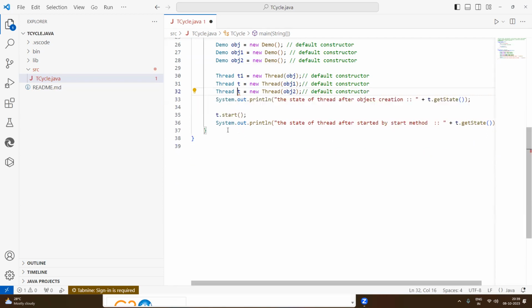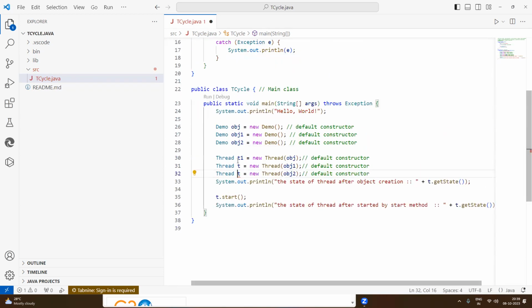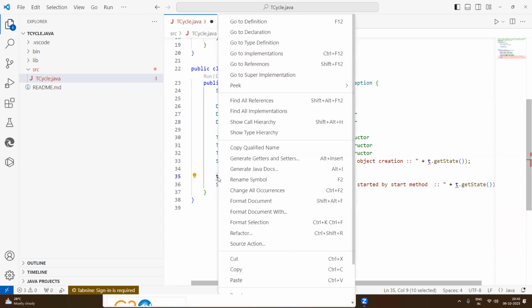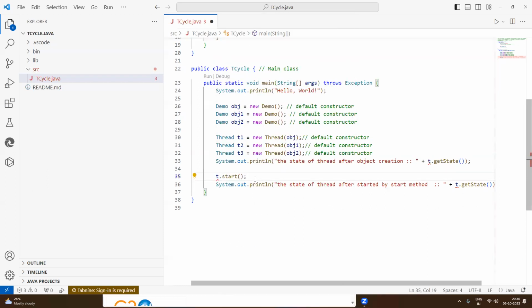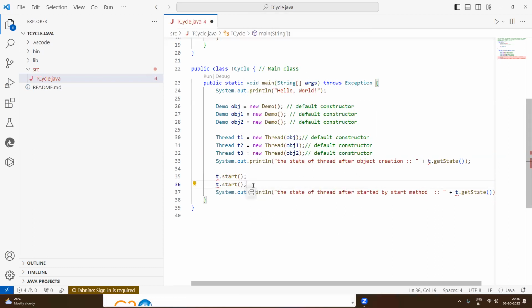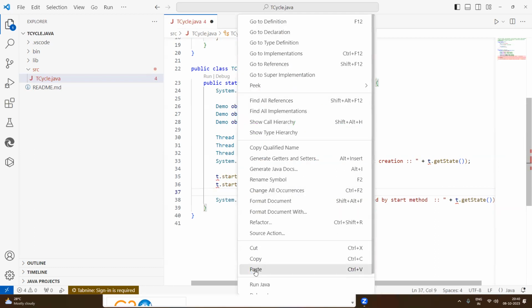Now come down. Now here you need to say this one as t2 thread, and this as t3 thread. So now let us see. After that, you need to start all the threads one by one. T dot start. Copy this one. You start all the three threads. Paste here. Then again paste here. Okay, now